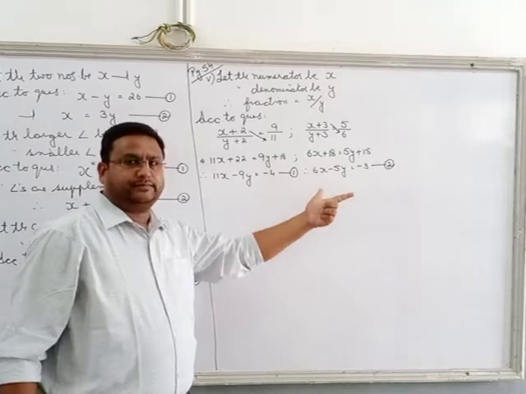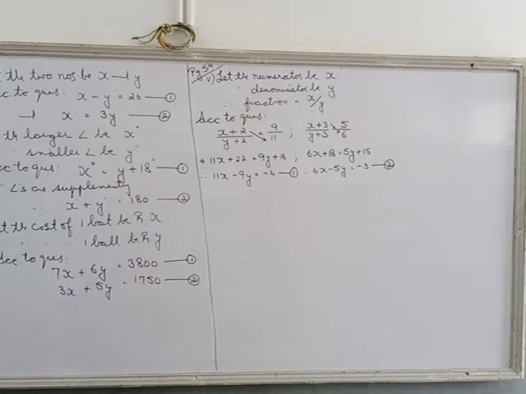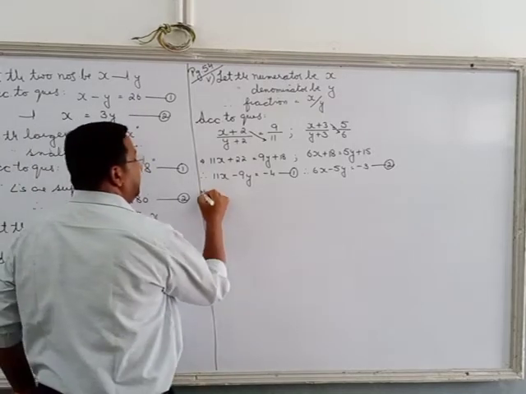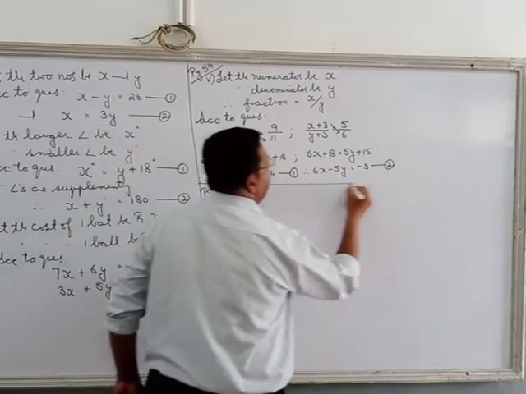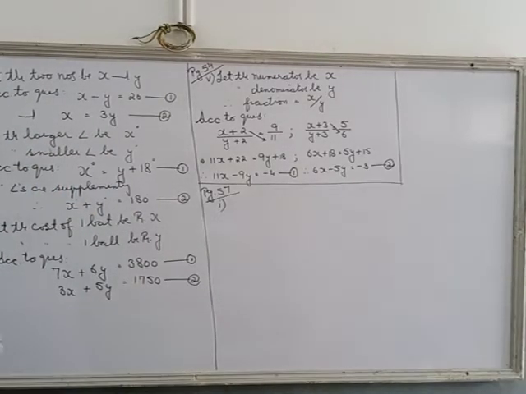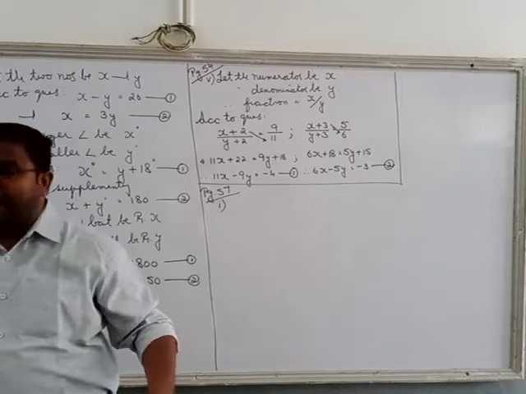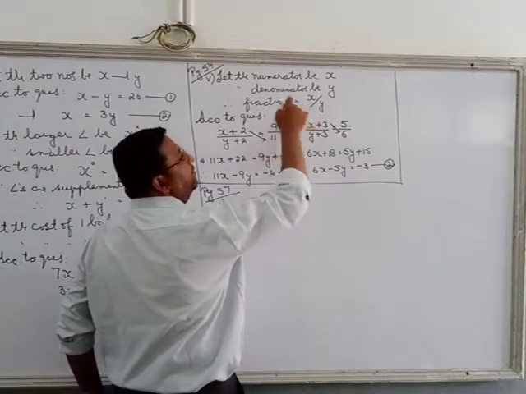Substitution, elimination, any method. We come down to the same kind of question on page number 57, first part. Read it: if we add 1 to the numerator and subtract 1 from the denominator, the fraction reduces to 1, and it becomes 1 by 2 if we only add 1 to the denominator. Again he is talking about a fraction.